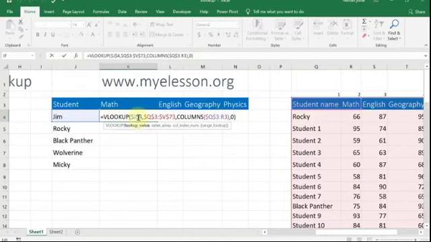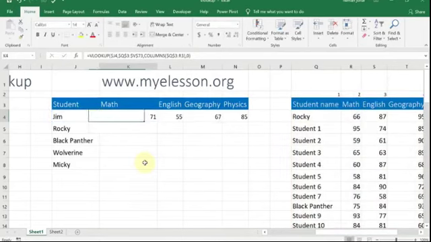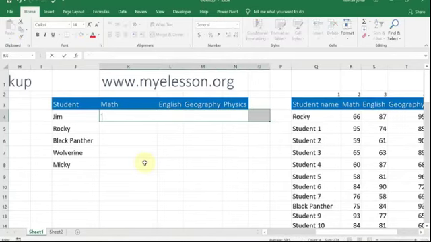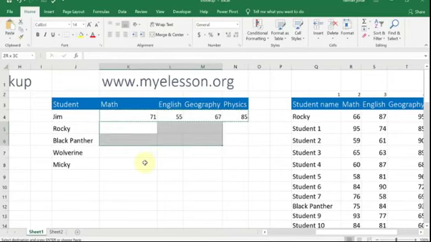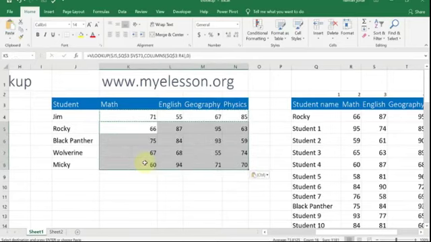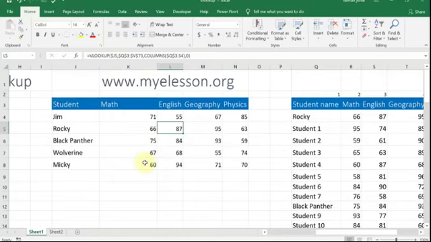So I am going to remove the dollar from the row and now I am going to copy this. Okay, first I'll copy it over here, no changes, and now I'll copy it down. See, super easy. Isn't this amazing?